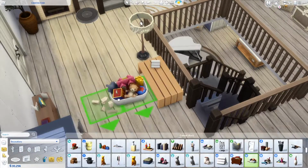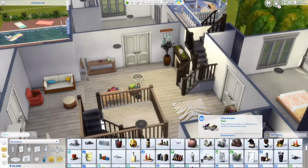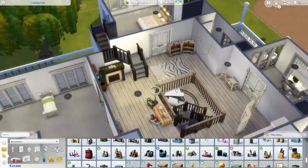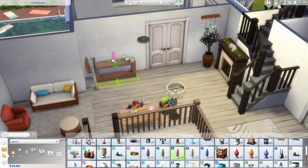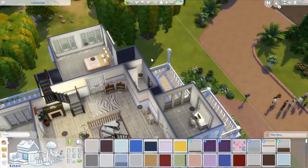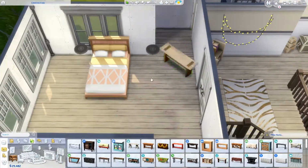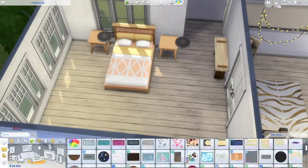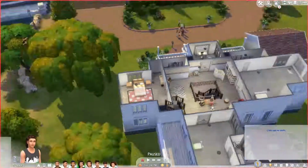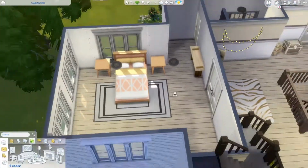So yeah, there are 3 floors to this house. I don't do 3 floors to houses that often, honestly. I think they look kind of awkward sometimes. And this house even, I gotta admit, does look kind of awkward from the exterior. Excuse me, but I like the way it looks. I'm very proud of the way it came out. I don't think I could have done a better job, but yeah,